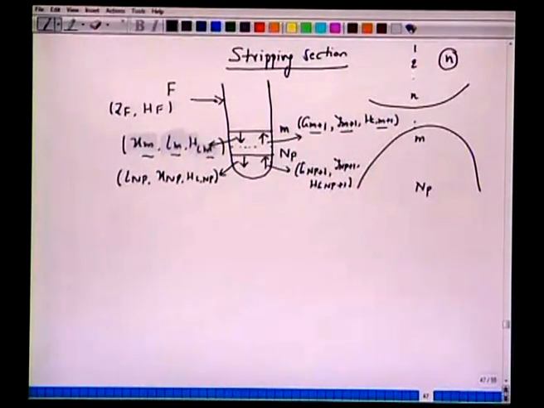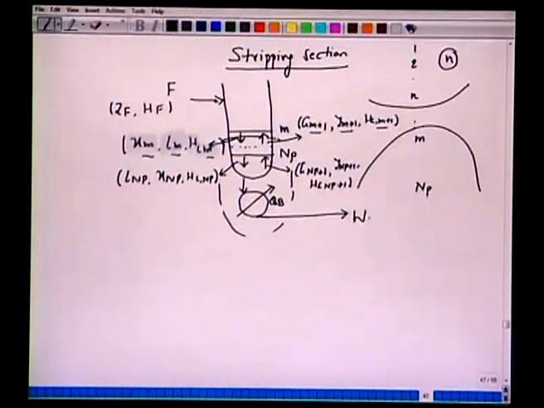All right. So this is what we have done now. We can take this hypothetical section here like this. The liquid which drops from the bottom plate trickles down and goes to the boiler. This boiler gives energy QB, heat in calories per second. Part of this liquid is removed as the bottom product, W, with HW and XW.